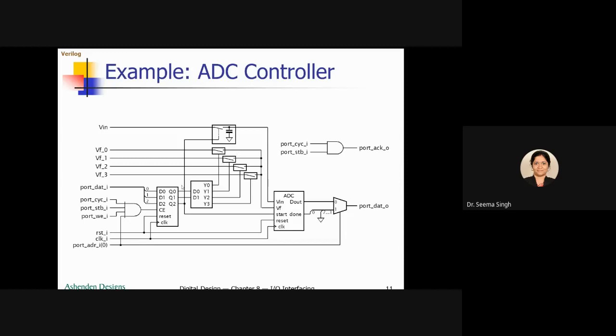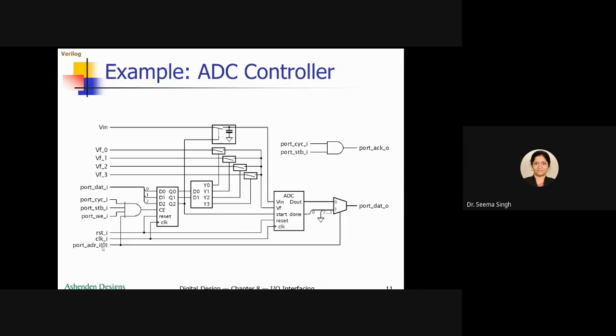Now let us see here in the controller what all is there. So you all know that your port cycle strobe and write enable and port address IO. If you remember, port address IO is the port where it will give the address of keypad controller.